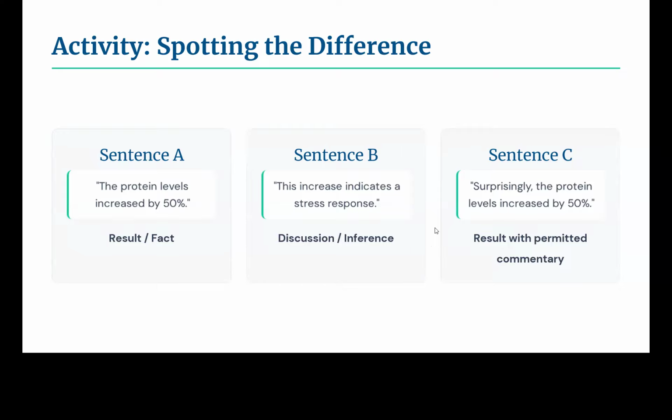So out of the votes that I received, that you cast, sentence A is the best.